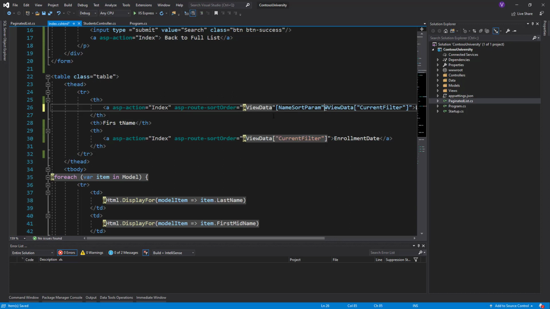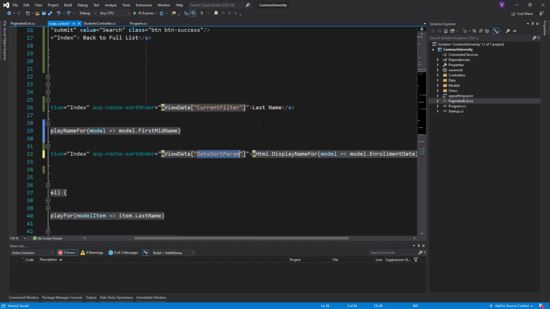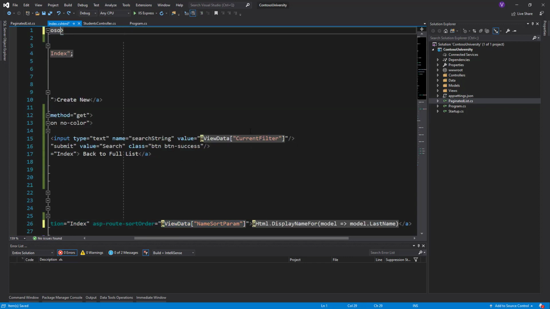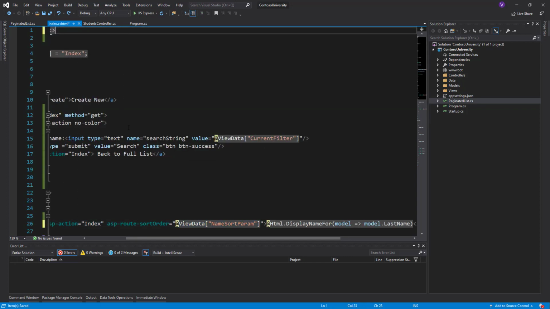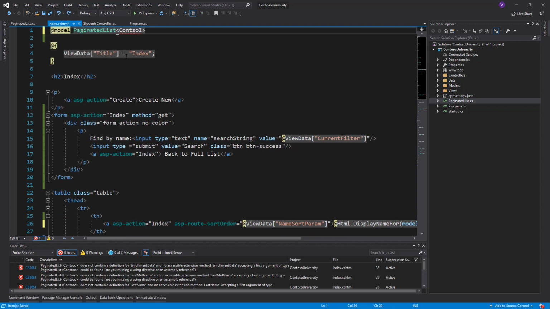Oh, let's simply press Ctrl Z and see how much it would save us. Okay, so last paginated list Contoso University was okay. University.models.student